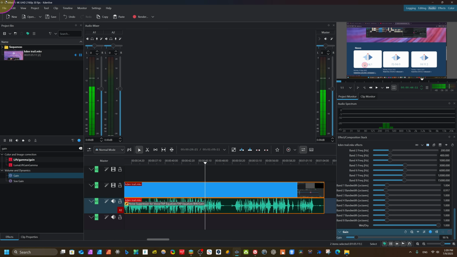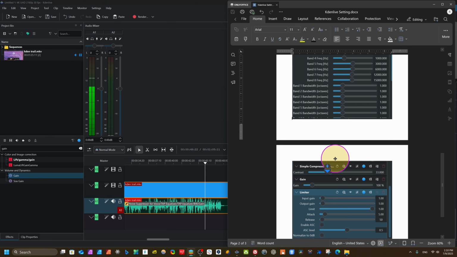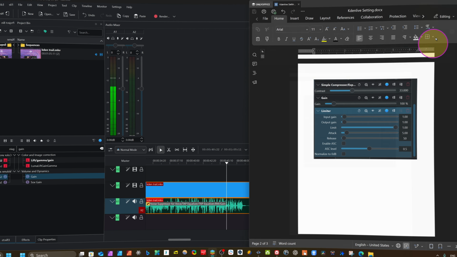You can take a screenshot, record your audio in Audacity or OBS Studio. Give it one or two hours and try, then make your preset or take your screenshot, change something. If you are perfect with this, you can take a screenshot like me. You see, I have taken a screenshot here. If I forget anything, I will just come here and check.